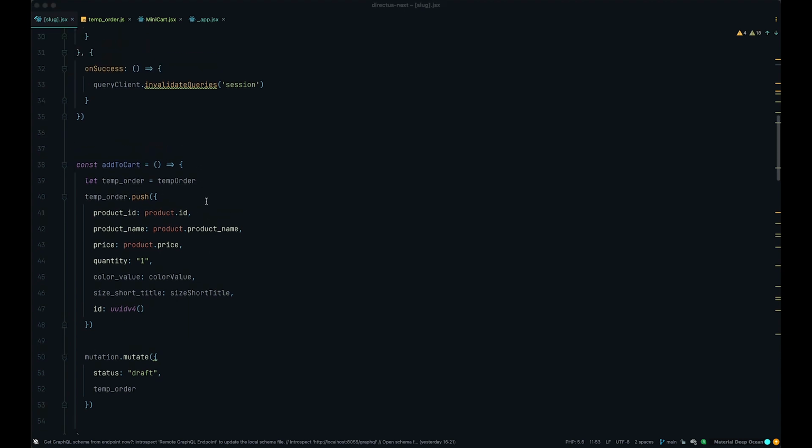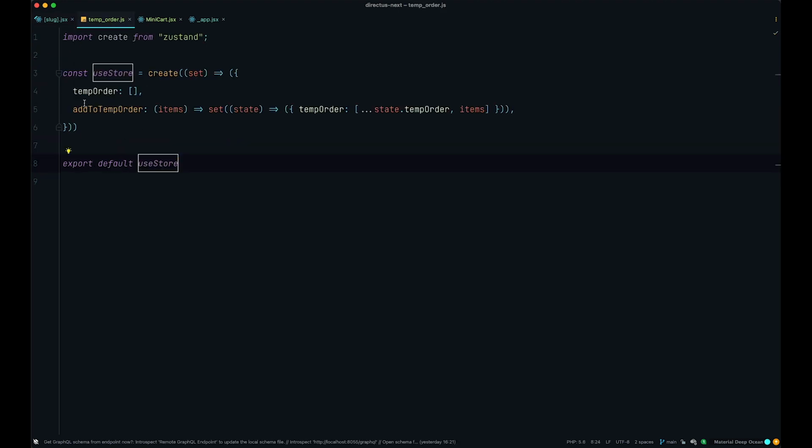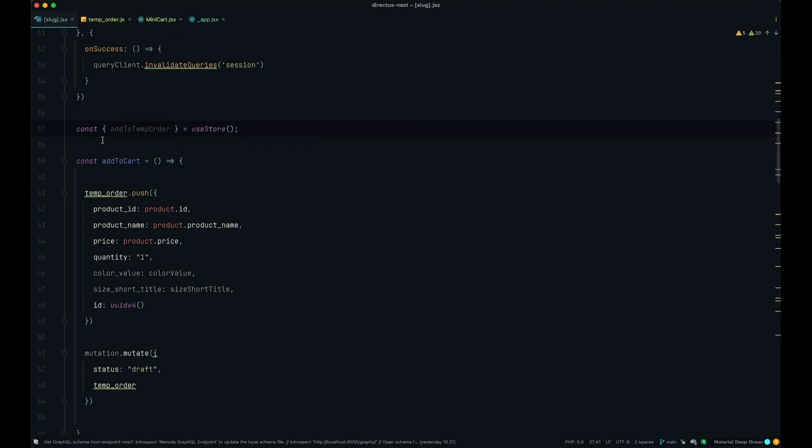First of all, we are not going to have this temp order. We can remove that. Now we want to get the function for setting the temp order. So we do const add to temp order from useStore, with the structure add to temp order. So this right here is from the store. We are going to use this function so that we can add new data into our temp order object